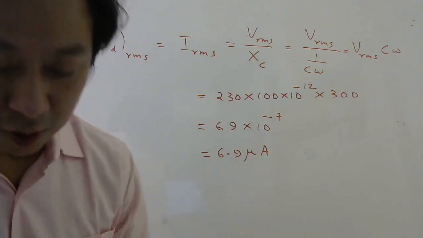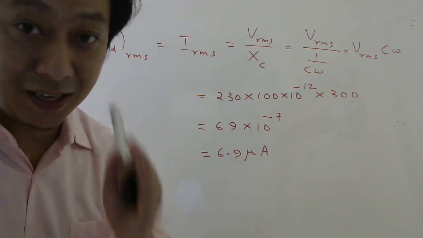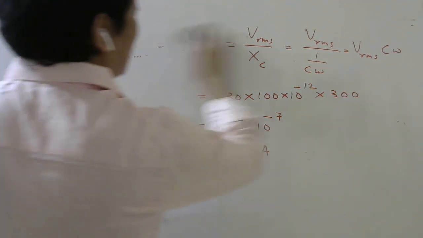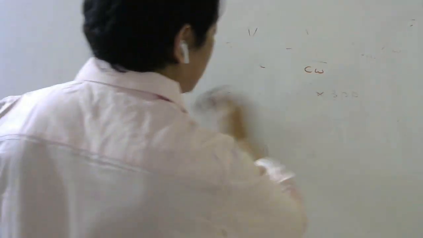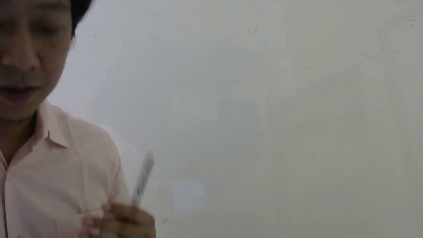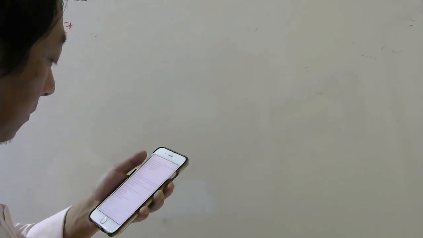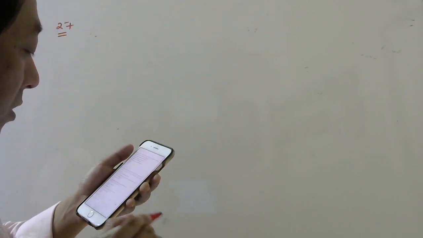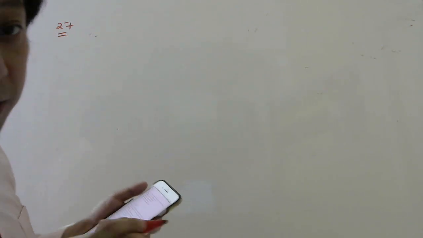So no need to check second option if it is CET or JEE. But if it is a multiple based option, or if you see third and fourth option, may be both are right, both are wrong. So option C says both A and B are correct. So we may have to check option D also. So they want amplitude of magnetic field at a point 3 centimeter from the axis between the plates.